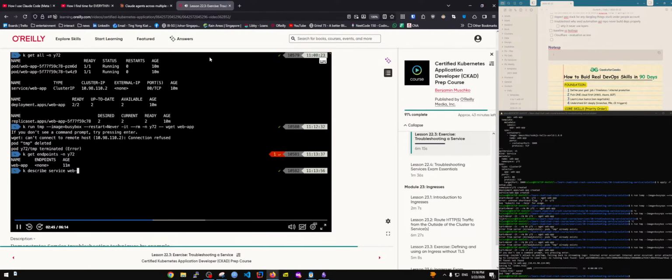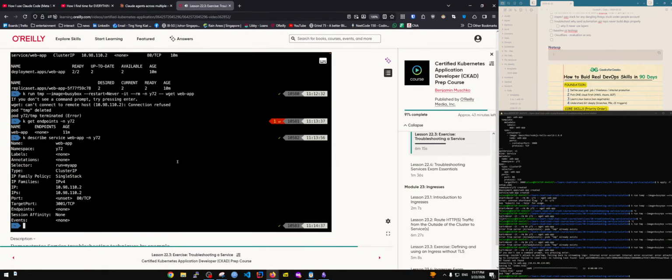And this service is called webapp-ny72. And what we should find here, type is cluster IP. Also wanted to point out that there are two attributes that are of importance for the configuration and correct functionality between the service and the underlying pods. One is the selector, so key value pairs assigned to the service that will select the pods. So we'll check that first, and then the target port here. So make also sure that the target port is the same as the container port assigned in the pod template